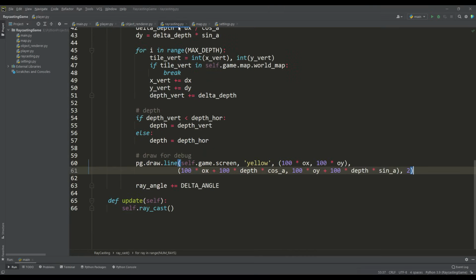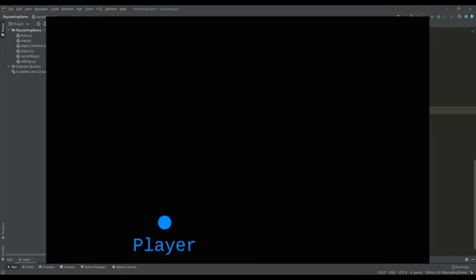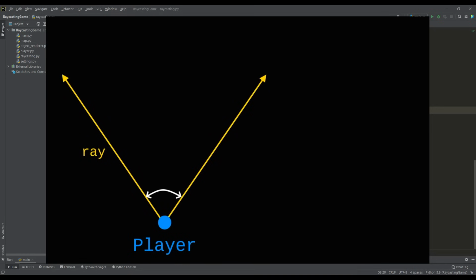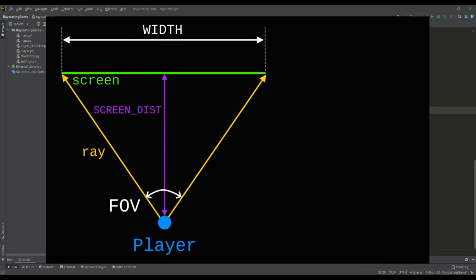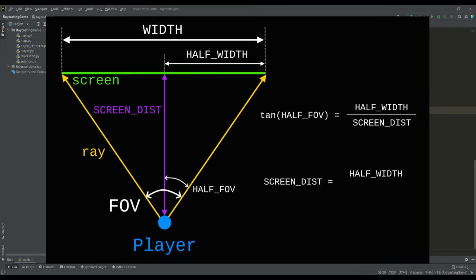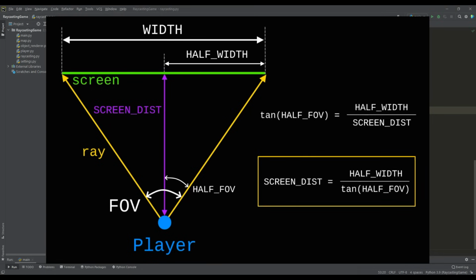So at the moment we have a calculated value for the depth at which the walls are located. To get the projection of objects on the screen, you need to place this screen at the correct distance from the player. If we draw in detail the placement of this screen, then as you can see from the slide, we can get the distance we need using the tangent function. This will be the ratio of half the resolution width to the tangent of half the value of the player's